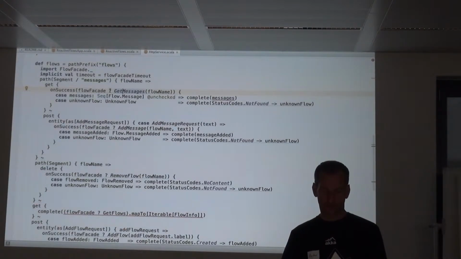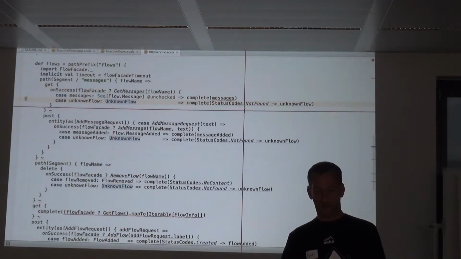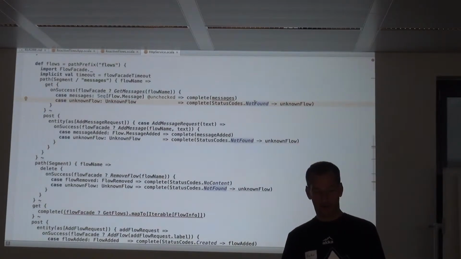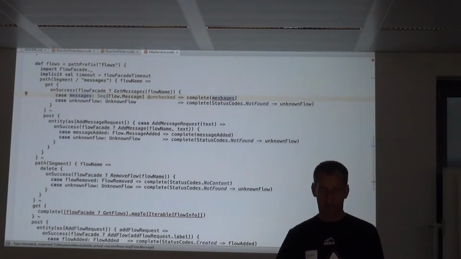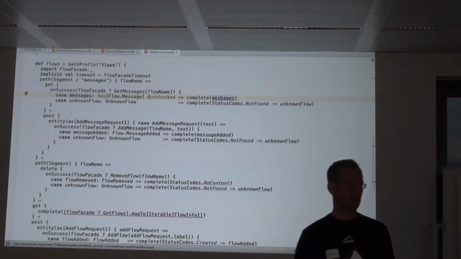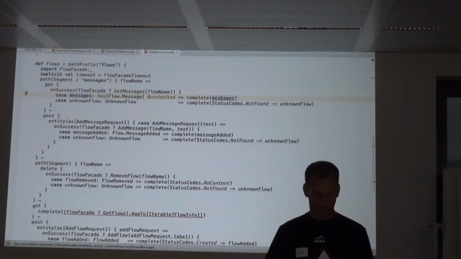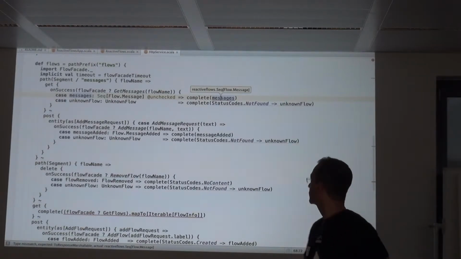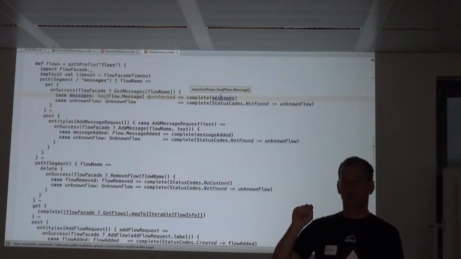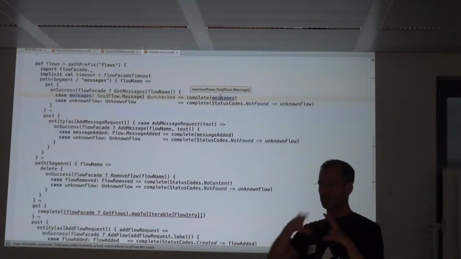There are two possibilities. If it is an unknown flow, we get status code not found. If we really receive back some messages, we send them back to the browser. And the question is, how can we send this sequence of messages, a Scala object, via HTTP?